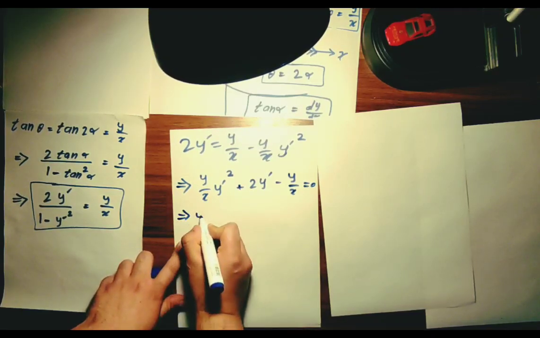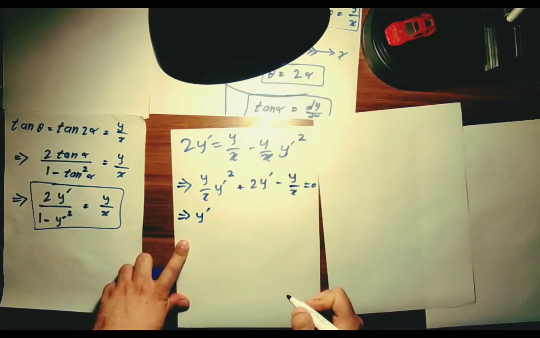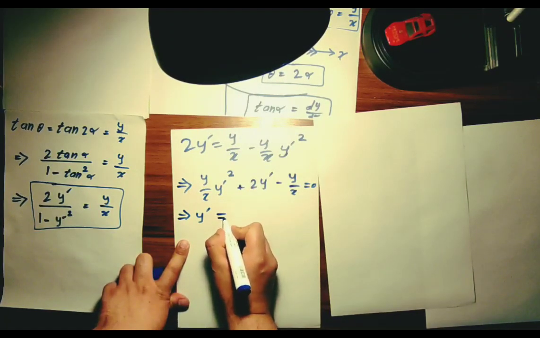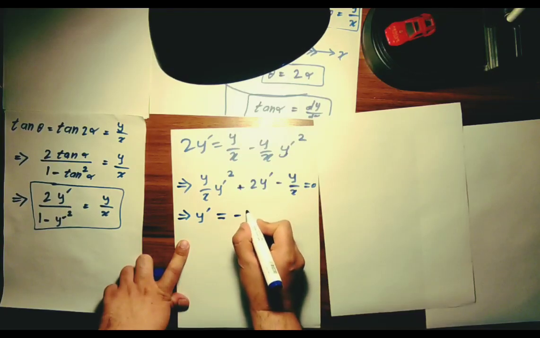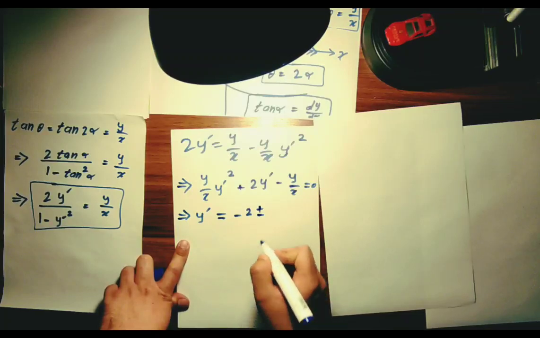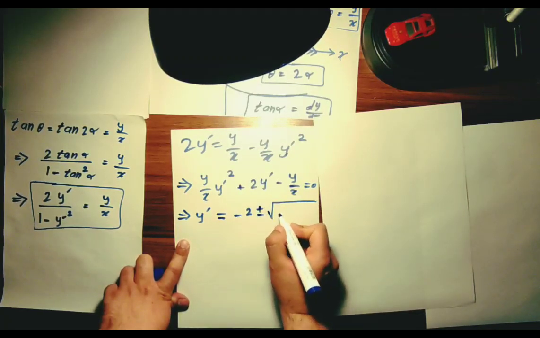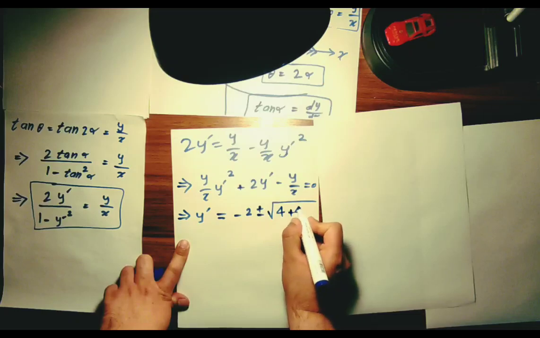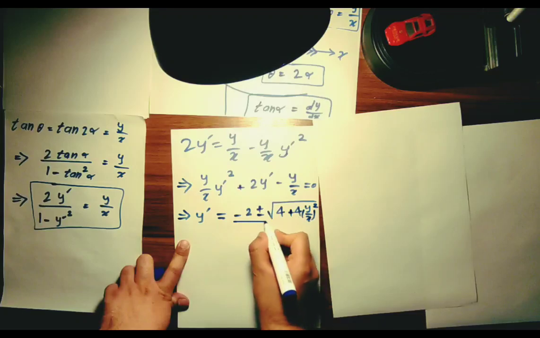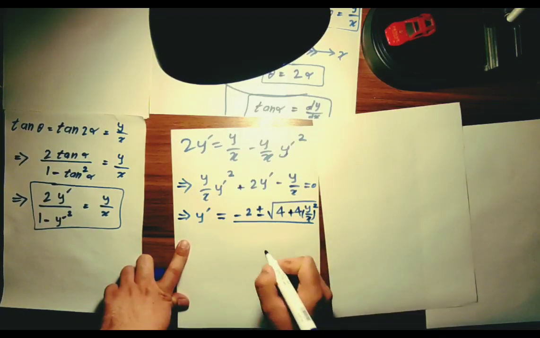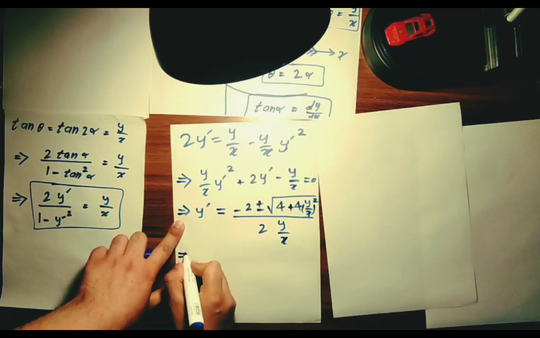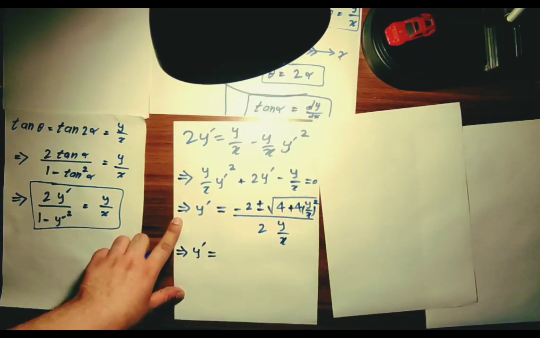And so you can actually take y prime pure. y prime will be equal to minus 2 plus and minus radical 4 plus 4 (y on x) to the power of 2, divided by 2y divided by x,